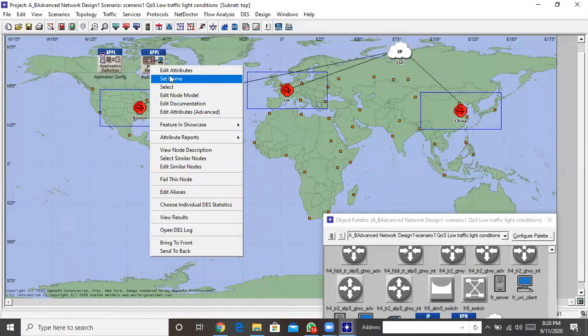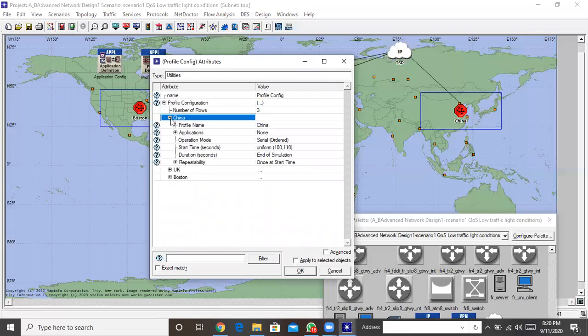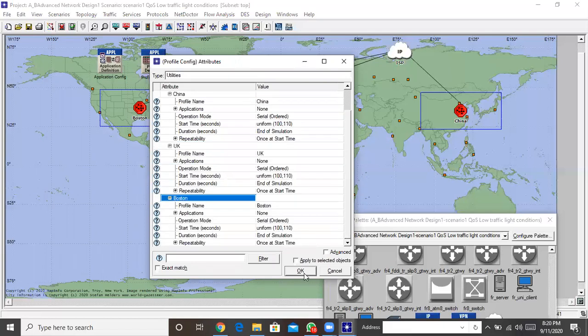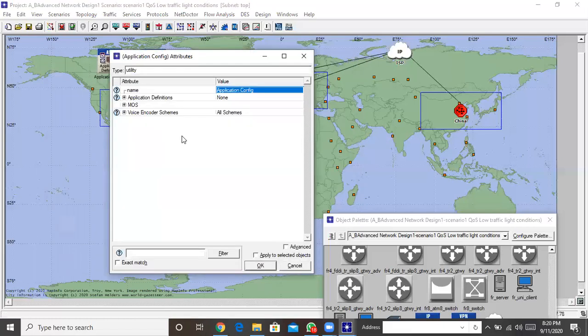So we have configured the profiles, just the profiles, but we haven't entered the applications. In UK, no applications. All right. Then let's go to applications, edit attributes. We go to application definition. You expand application definitions, number of rows. How many applications do we have? We've got database, we've got print, we've got HTTP, we've got FTP, we've got,